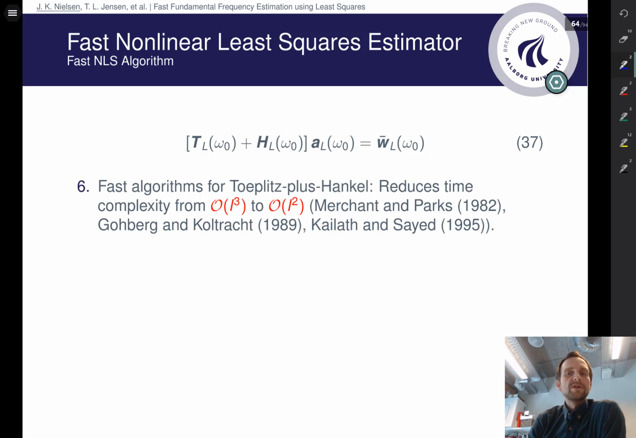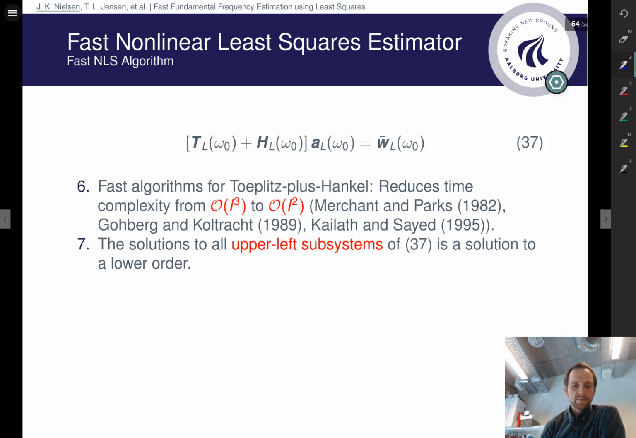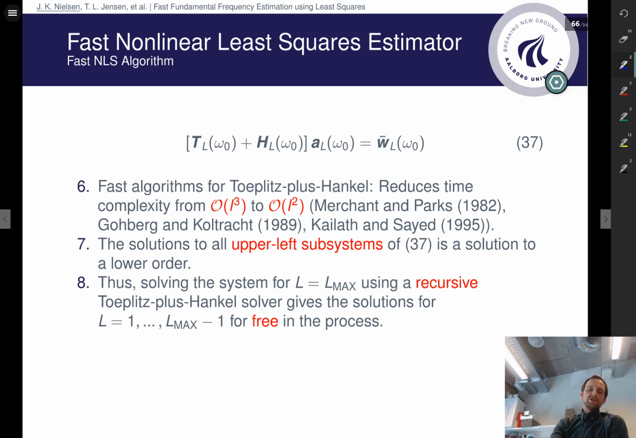There exist a lot of methods in the literature that can do that for you, that will reduce the complexity from L cubed to L squared. If you look closely at this, then you will also see there's sort of a recursive structure in the problem. So the solutions to all upper left subsystems is a solution to a lower order. So that means that if we just solve